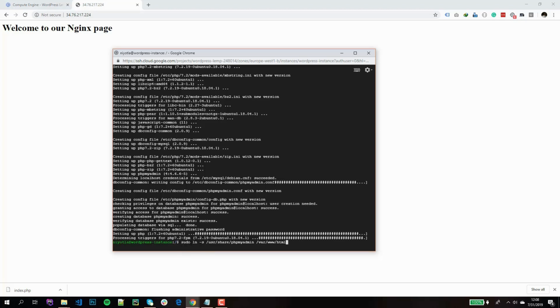Next thing I have to do is to restart my PHP. To do this, I'm going to use this command. Make sure you're using your own PHP version right here. So I've restarted, and I also like to restart my Nginx server. To do that, I'm going to use sudo